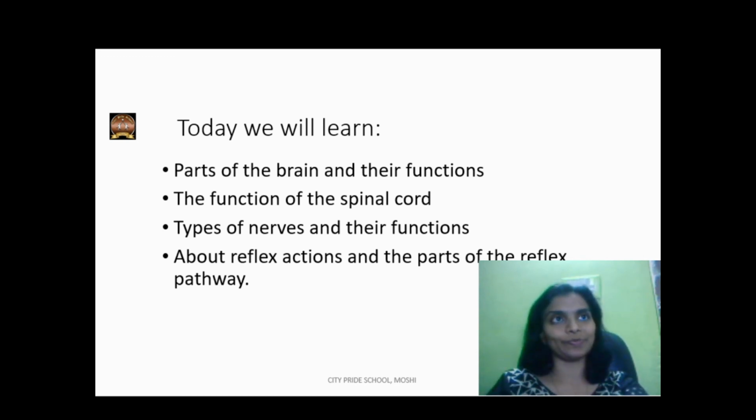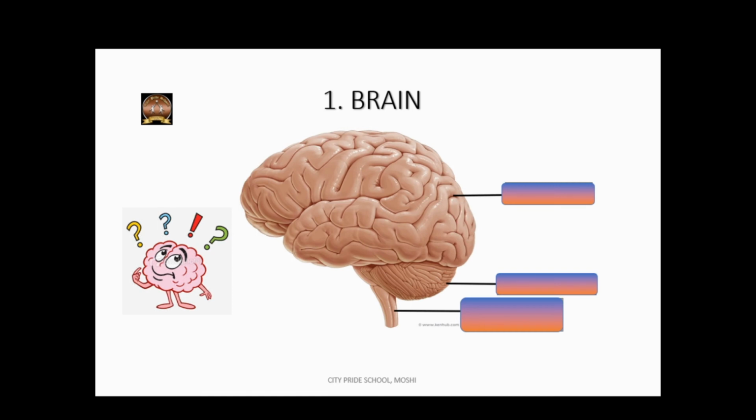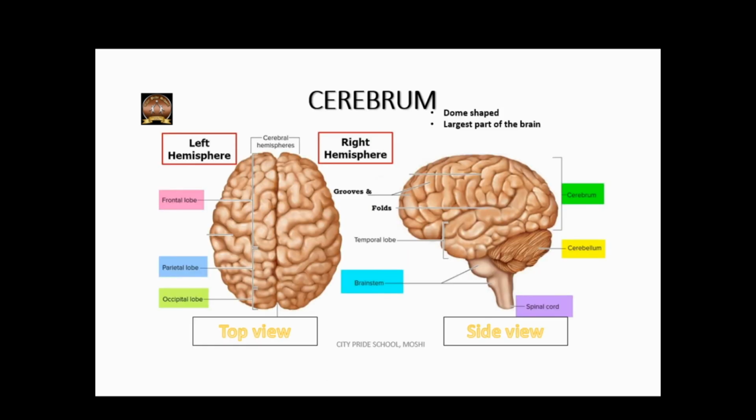The human brain consists of three distinctive parts. The largest part is called the cerebrum. The smaller part is called the cerebellum, and the medulla or the brainstem is the smallest part of the brain. The cerebrum is the largest part of the brain and it is well developed in humans. Its surface consists of many grooves and folds that greatly increase its surface area and allow it to fit within the cranium of the skull.